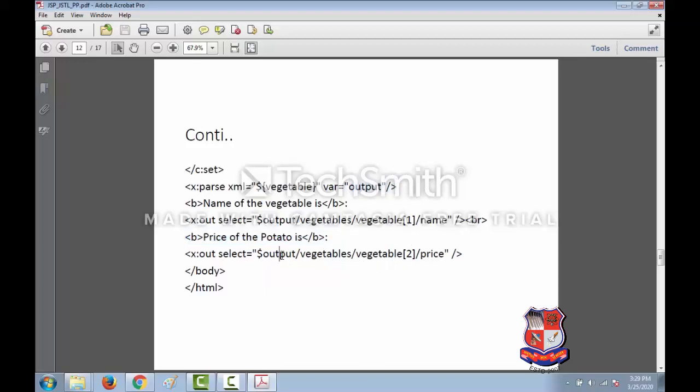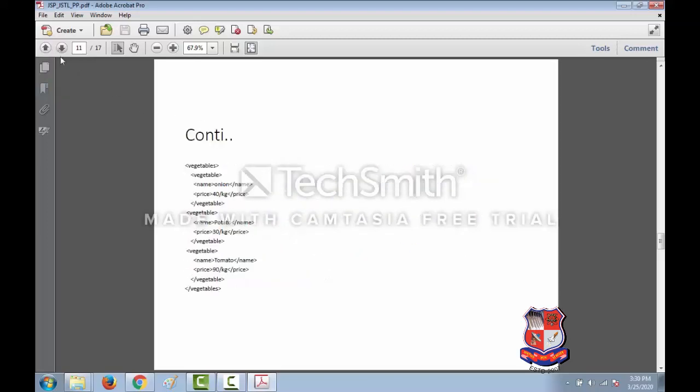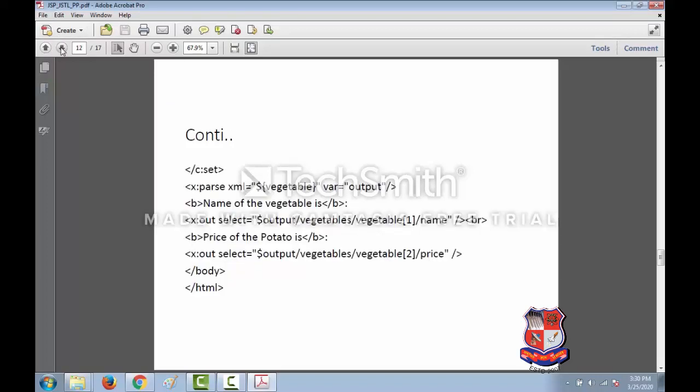You have to use vegetables, that is your root XML tag, then vegetable, the second vegetable, and its price. So we have the first vegetable, we have the second vegetable, and its price is 30 per kg. So that will be displayed. This is how you can reach a particular tag of the XML, and you can print it by using